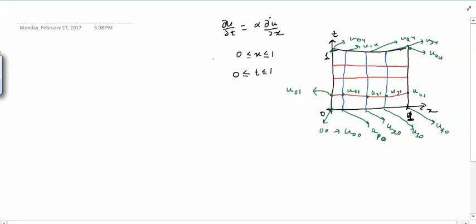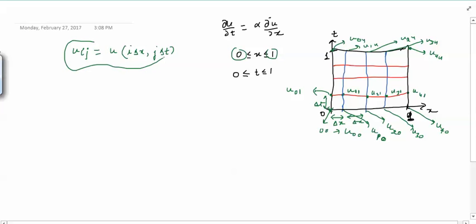So this is the notation we will use, and I can generalize this. You have u i j, which is the value of the solution u at the point (i Δx, j Δt). In this case our domain is 0 to 1, so you are starting from 0. What is Δx? Δx is this much distance, and this is Δt. I assume that these two distances are the same, so you have a uniform grid, but we can talk of a non-uniform grid as well. Right, so this is your notation.